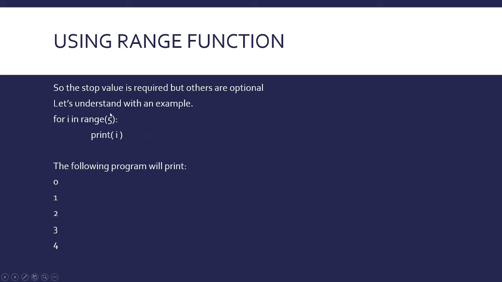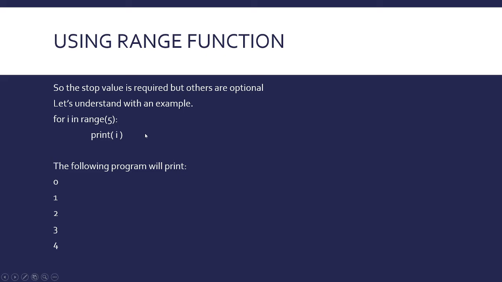Remember, when you use this for loop and call the range function, the range function will not take into account the stop value, and it will actually stop at this point. So whenever the range function reaches 5, it stops, so the 5 will never be executed. If you want to print numbers from 0 to 5, you have to pass 6 here. If you pass 6, then 5 will be printed. Otherwise, whenever it reaches 5, it will stop and the last value will be 4. Then the for loop will be closed.